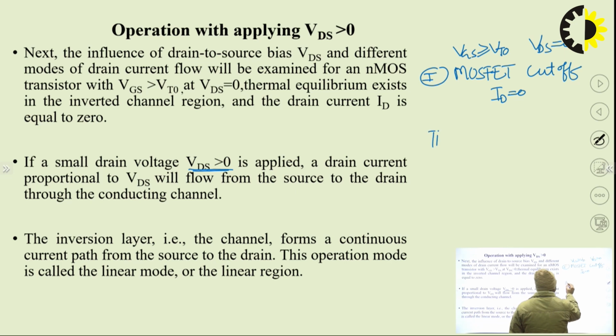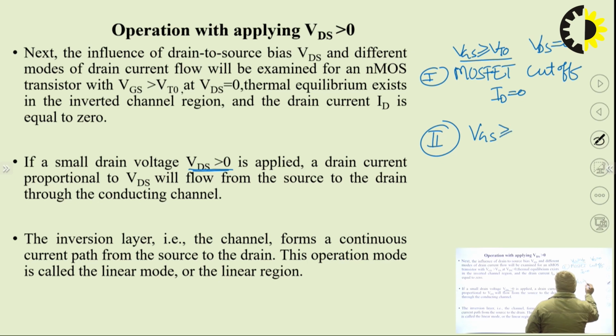Now the second condition. VGS greater than VT naught is a necessary condition for the MOSFET to be in the on condition. If we have VGS less than VT naught, then definitely the MOSFET is in the off condition and there is no possibility of current conduction. Now the second case, where VGS is greater than or equal to VT naught